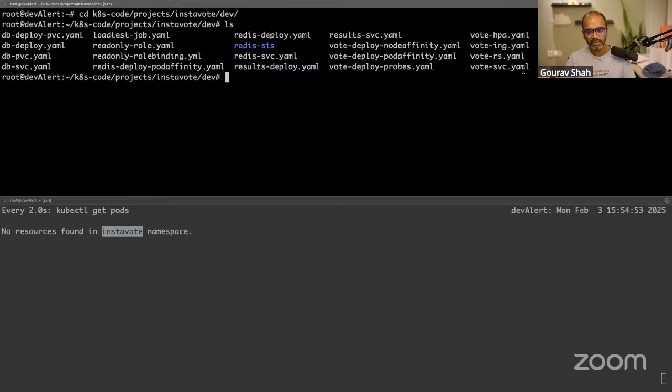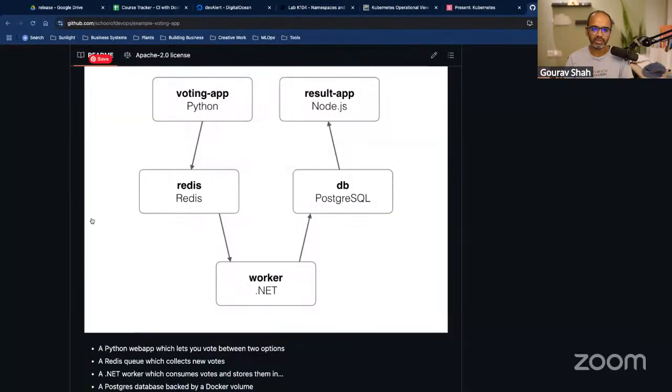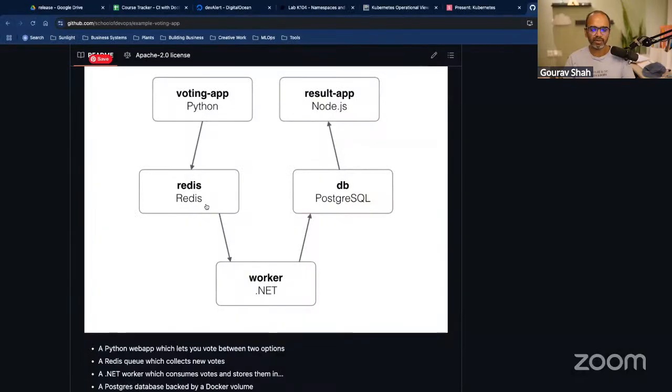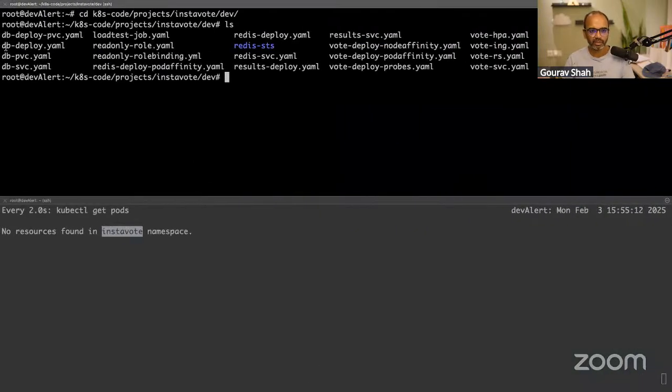And then the convention that I use is the application name hyphen the object name. For example, the application is vote, object name is deployment: vote-deployment, vote-ingress, vote-HPA, and then redis-deployment, db-deployment, and worker-deployment. So I will create the file names accordingly. That's my convention. So in this case, I will write vote-